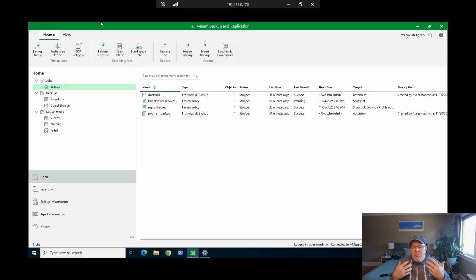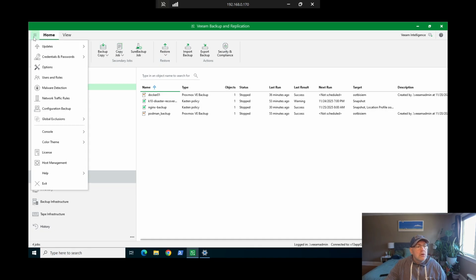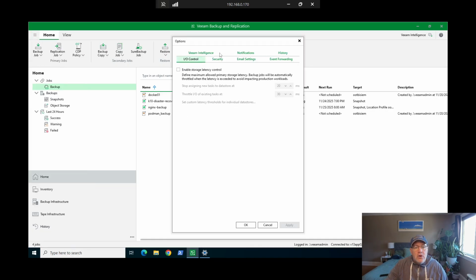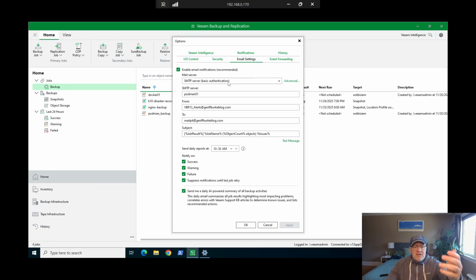The problem was that you get emails about backups, but you get like 100 emails. There wasn't really a single report. There was a Veeam Vanguard who actually created a report through PowerShell, which was really good. I think Enterprise Manager could do something, but it always seemed lacking. You wanted something in VBR. Well, they've added it, and they've added it with some gusto, with some pizzazz, and I'll show you that right now. So you go to your options, and you go to emails, and this is all the same as usual,